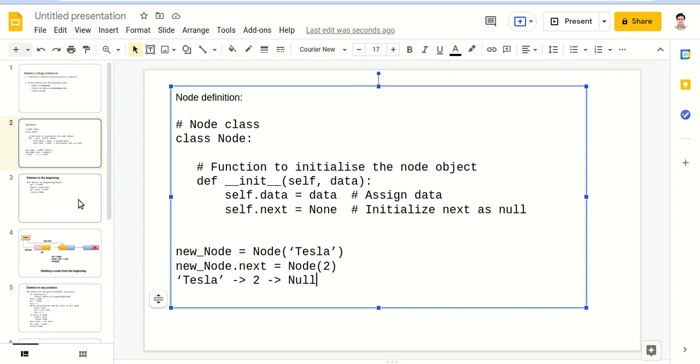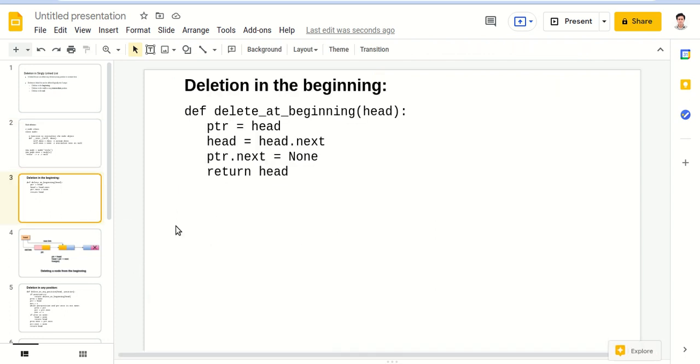Now let's proceed with the deletion part. How to do deletion at the beginning? In order to delete a node at the beginning of the linked list, first we need to pass the head of the linked list into this function. So ptr will point to the head. We initialize ptr as the head.